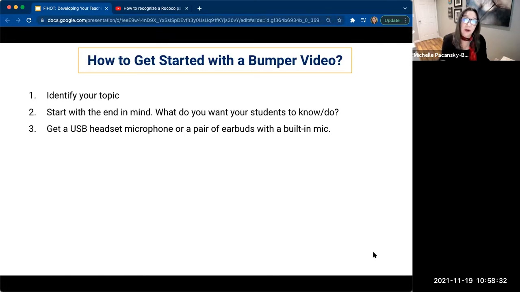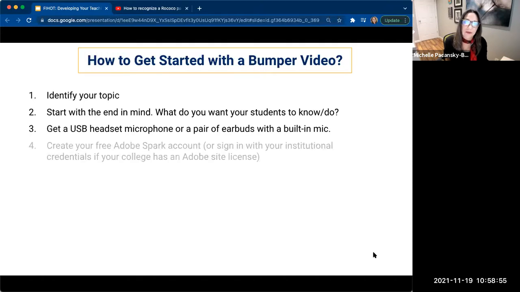It could also work on your tablet. So it's not required, but you will notice an audio improvement if you switch over to something with a microphone, as opposed to just using your computer's external microphone. So keep that in mind. If this is something that you think, I really like this and I want to make more of those, that's something that you want to think about.